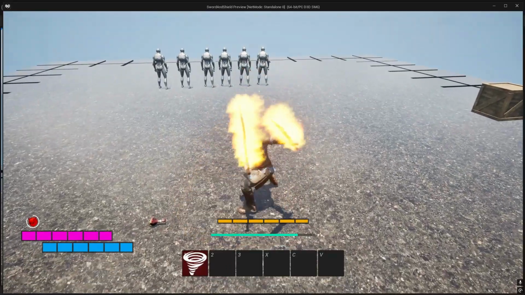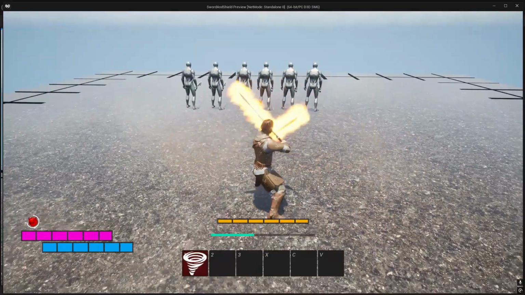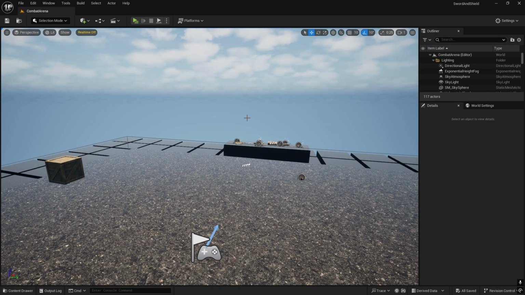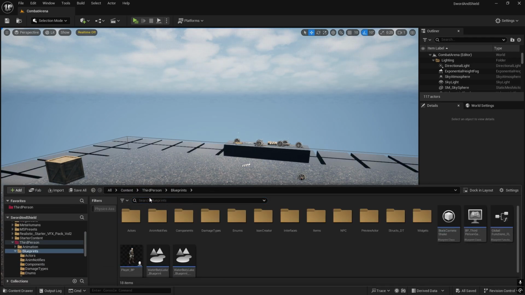Hey guys, so as I mentioned in the previous video, we're going to add weapon trails to our infused weapons, and then we're also going to fix it so it works on the offhand, and we'll see if we have a little bit more time to actually create the ability. So let's just start. First thing we're going to do is create the material, and we should already have the